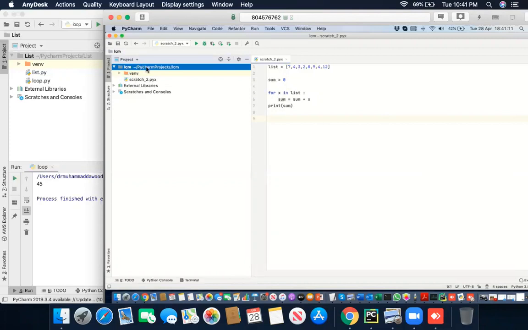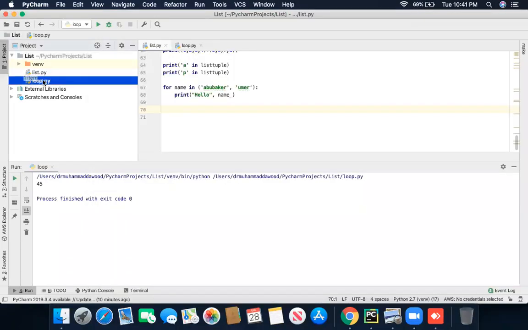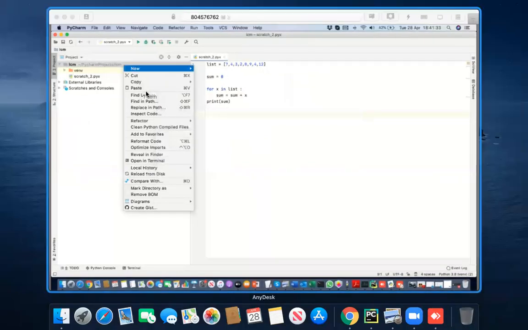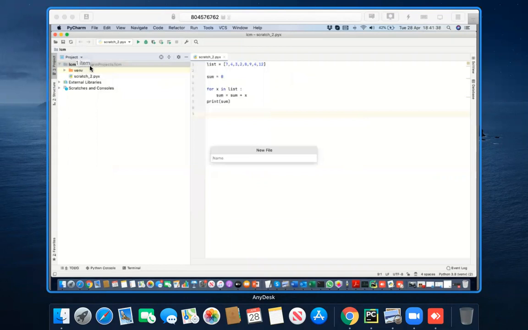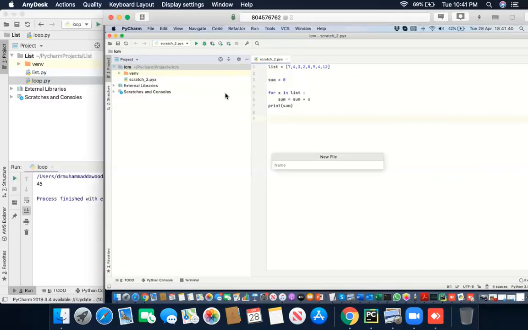Right click on this. It's actually the Python Scratch. It's not allowing me to right click. Okay, use a double finger. Okay, so you got a file.